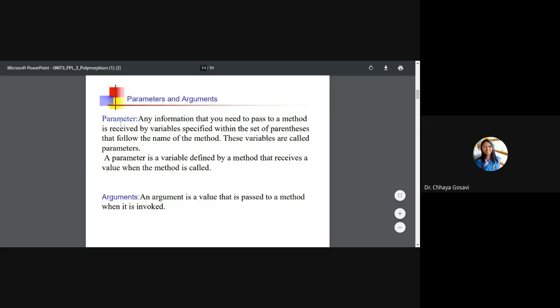So what are the parameters and arguments? Any information that you need to pass to a method is received by the variable specified within the set of parentheses that are followed by the name of the method. These variables are called parameters. A parameter is a variable defined by a method that receives a value when a method is called. So in this case,